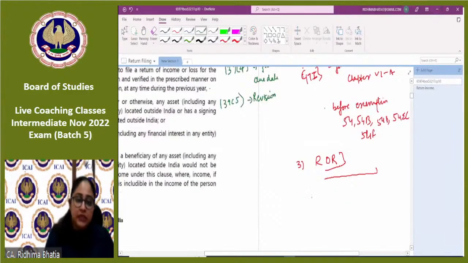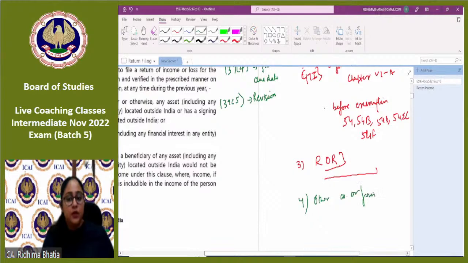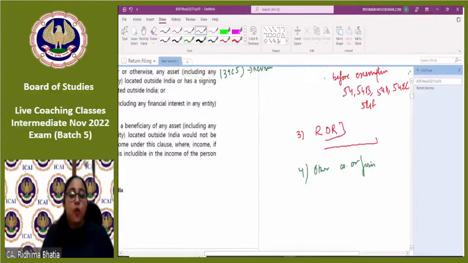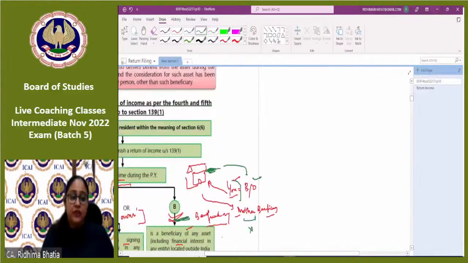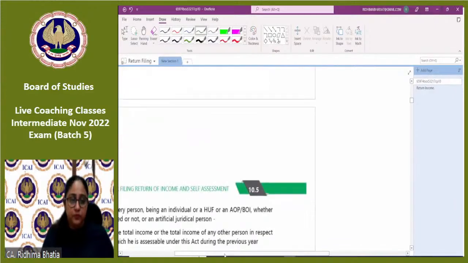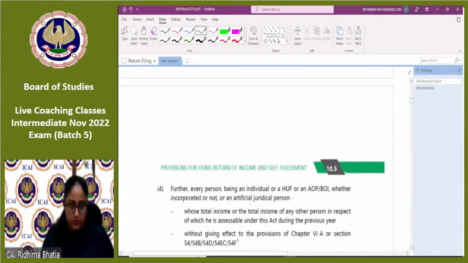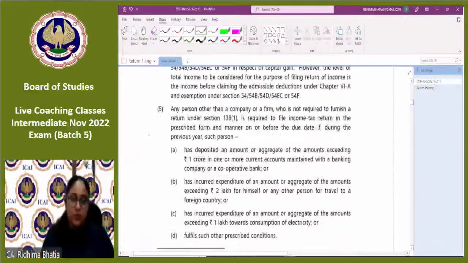Next is certain categories of person who have to file the return of income other than company or firm, because company or firm के लिए is compulsory. Correct? कब? बहुत ही interesting चीज है. कब they have to file the return of income? When are they required to file the return of income? When they have a deposit of an amount or aggregate amount exceeding 1 crore in one or more current accounts